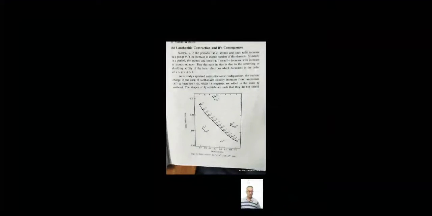The lanthanide contraction is due to the shielding effect. The shape of the 4f orbitals is such that they do not shield each other properly from the nuclear charge, and this is due to the imperfect shielding. The effective nuclear charge on the outermost electron increases with increase in the atomic number, and that's why it causes the contraction in size of the lanthanides as shown in the figure.